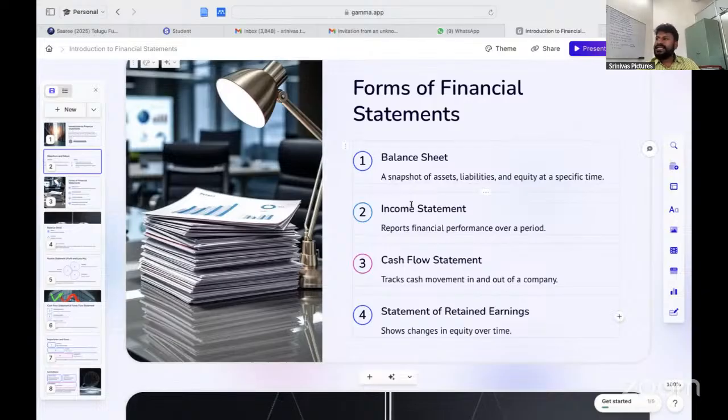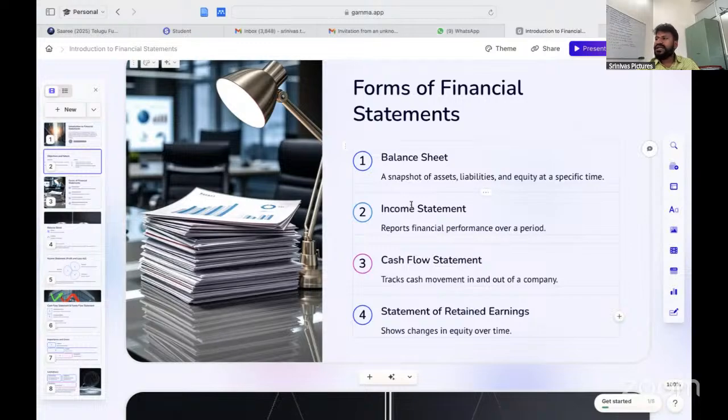In this analysis, there is an intra-company analysis and an intercompany analysis. Intra means the same company's balance sheet, present year to past year, we are going to analyze. And intercompany means one company's balance sheet against another company's balance sheet. So comparative means we require two balance sheets relating to two periods. That is called a comparative balance sheet.